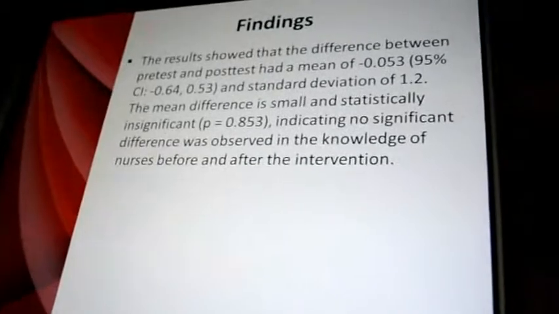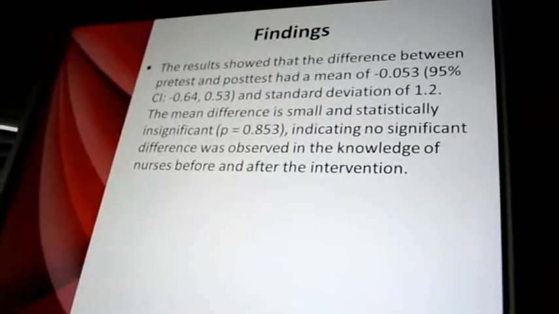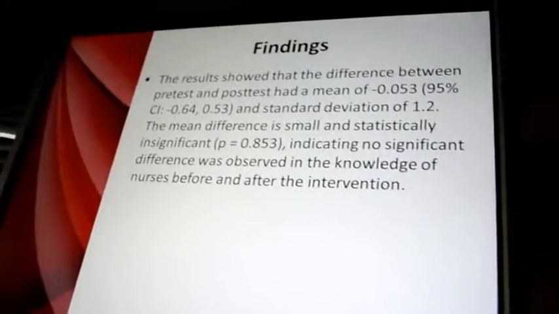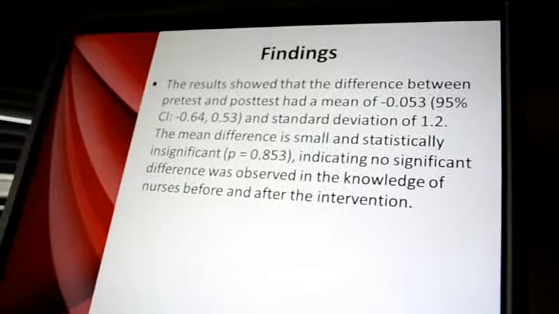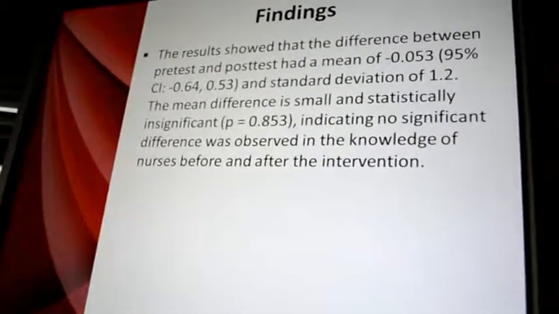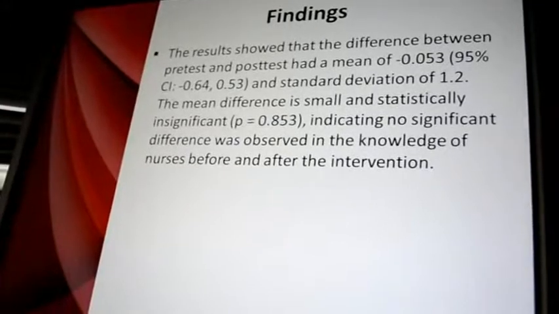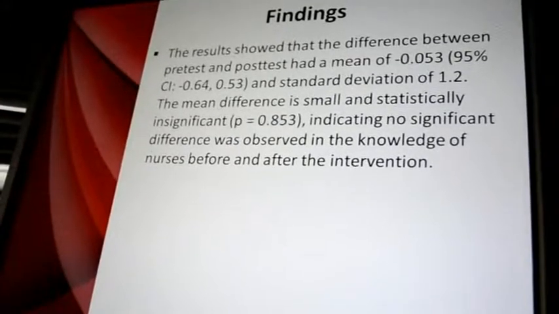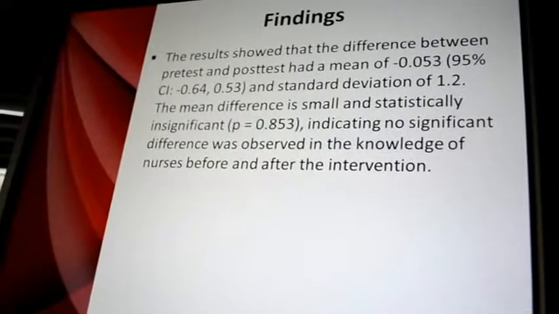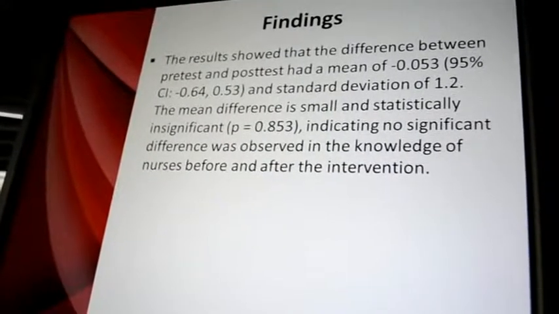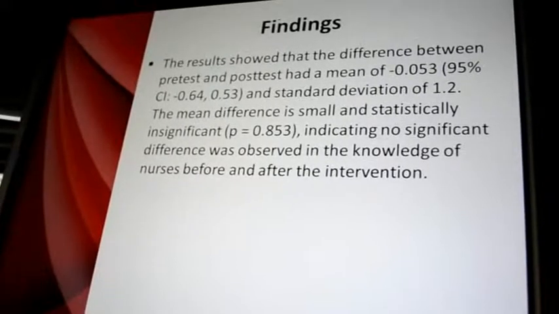To determine whether a difference existed in the knowledge of nurses before and after the intervention, a t-test for paired data was employed. The t-test was used because data was normally distributed and the variance was equal. The results showed that the difference between pre and post-test had a mean of minus 0.053, and the 95% confidence interval was lying between minus 0.64 and